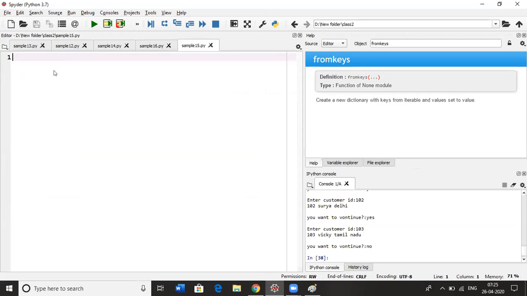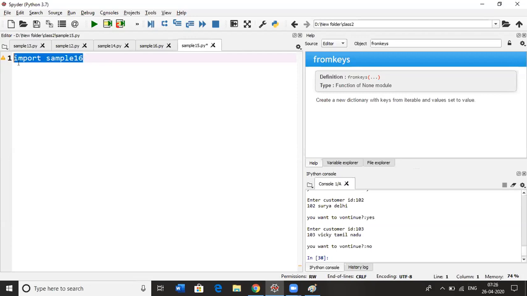How you can use it: in Java we have import statements like that. In Python we have import. So whatever module you need to use, just import it using the keyword import, and after that we need to give the name of the module. Let's say sample 16 here. So I imported sample 16 here.